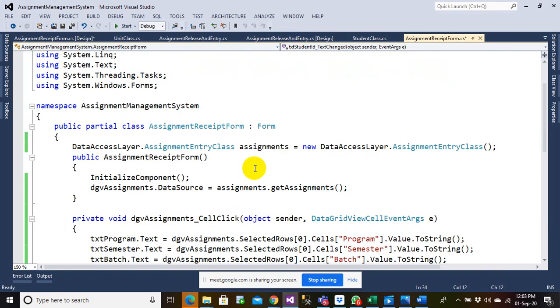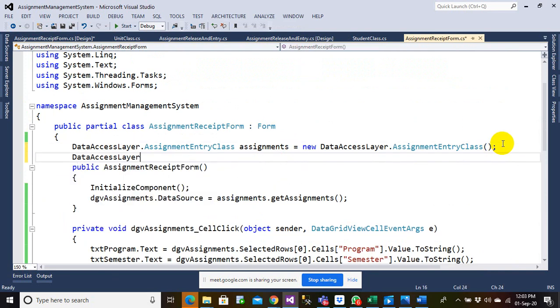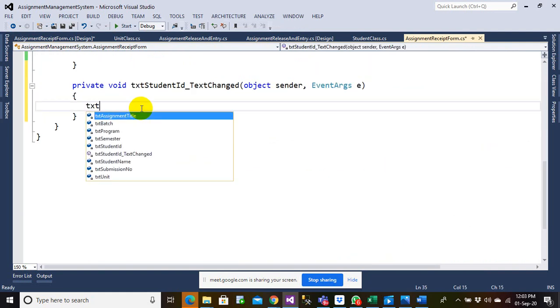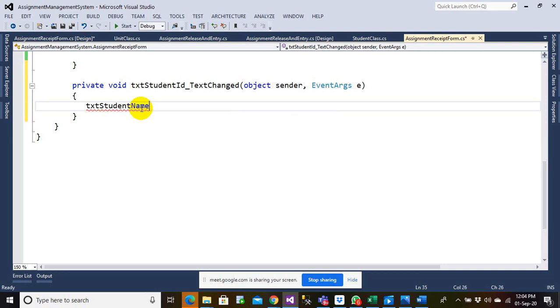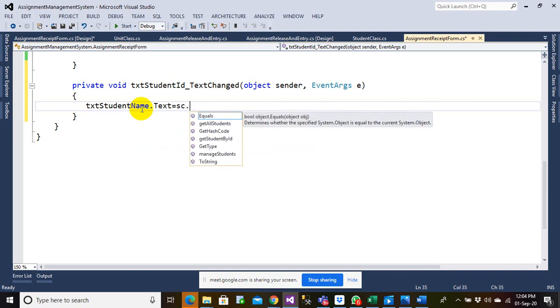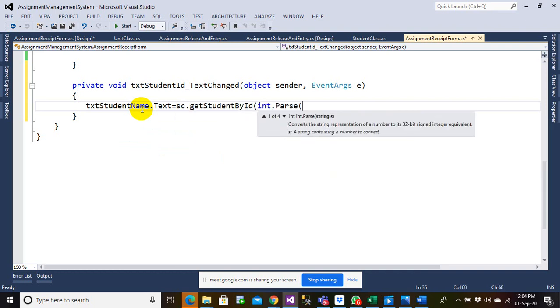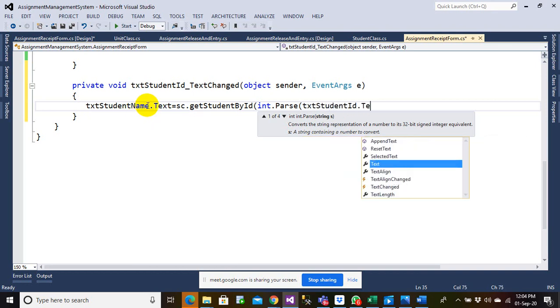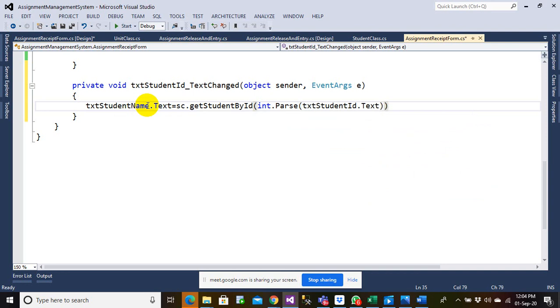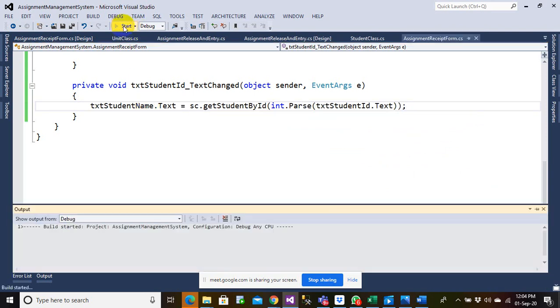Before that, let me just create a call to the object, which is equal to, and I need to parse it as an integer because ID is an integer. So this is it. Let me run and check.